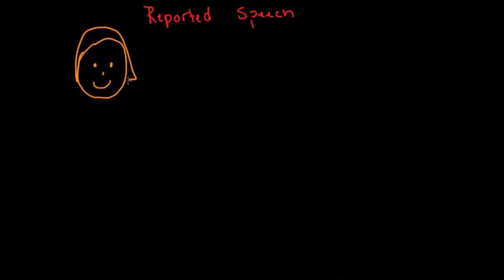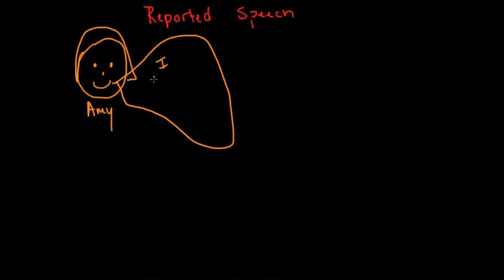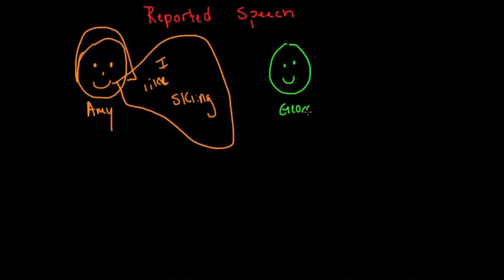So here we have a little person. Her name is Amy. And Amy says, I like skiing. And she says this to her friend George. So Amy says this to George, and then George